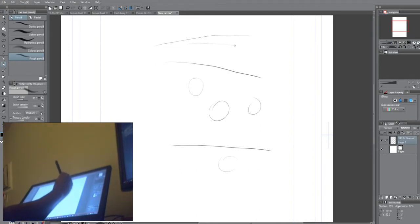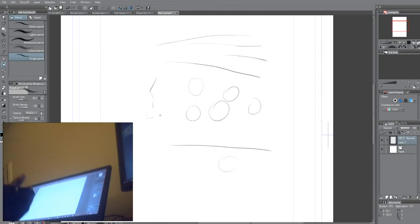But if I hold my hand like I normally hold it in the center of the screen where I do most of my drawing, you can see that it works pretty good. Oops, let me take a quick break and put my glove on. I don't know why, but when I have my glove that protects the screen on, it